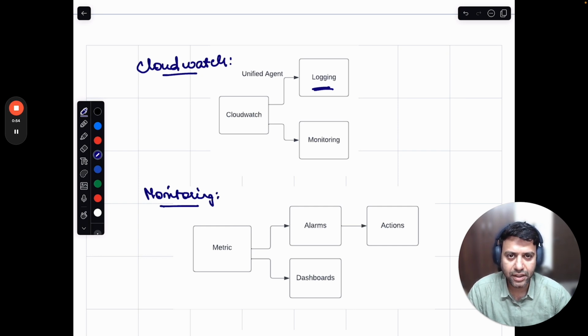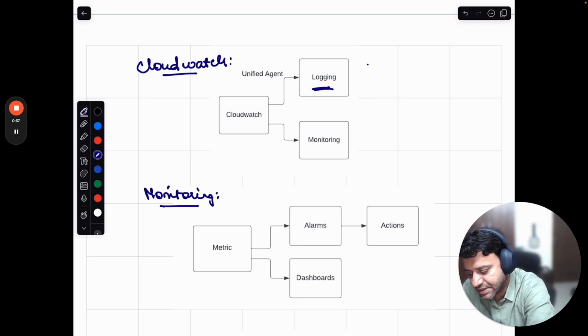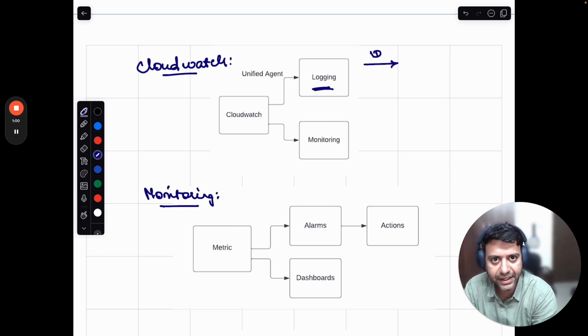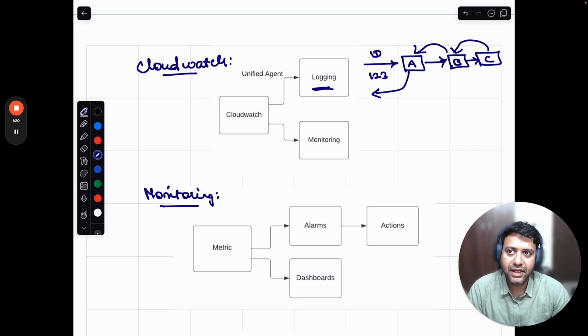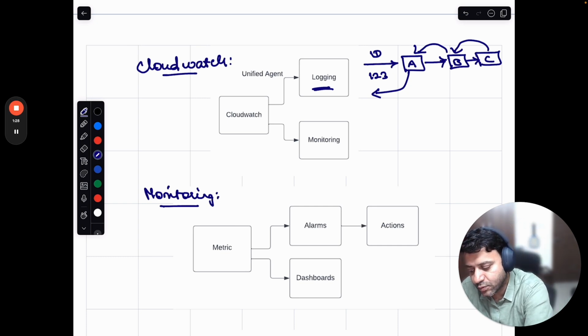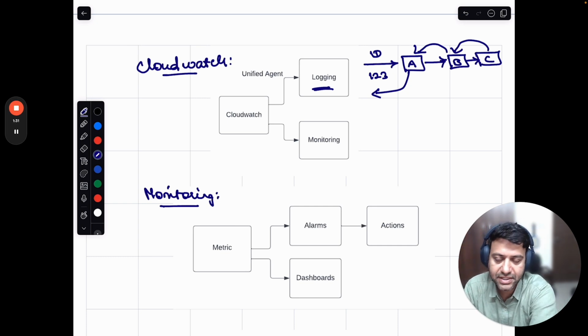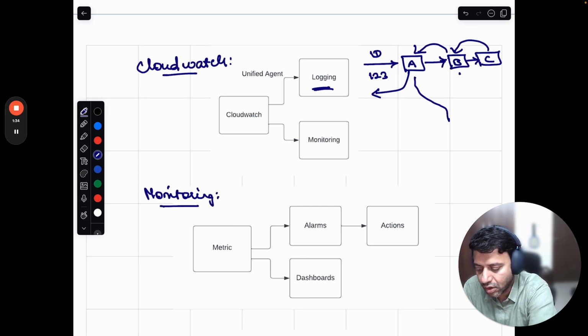Maybe just to give a short, quick understanding of that. For example, this is a request from a user, and it has a log correlation ID. Let's say this ID is 123. You have the first service called A. From this service, the request is forwarded to B. It does some processing, and the request is forwarded to another service, C. From here, you get back the response, and this response is given to the user. Let's take a very simple scenario in which the request is sent to a microservice architecture. In this case, each and every service will produce some logs. So in our case, all the logs should be forwarded to